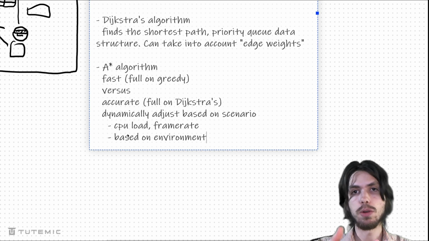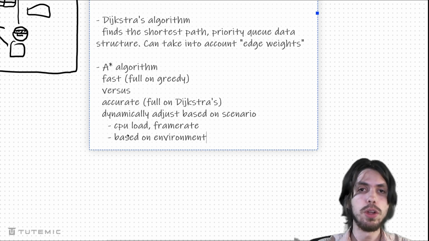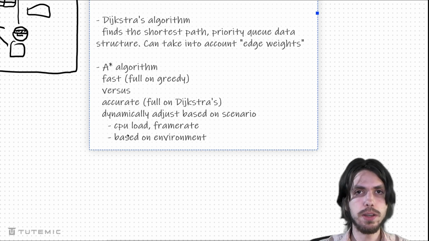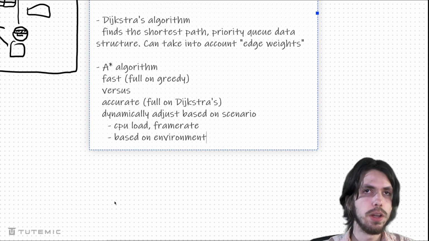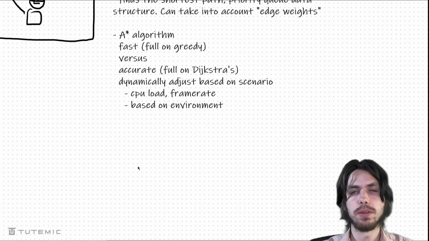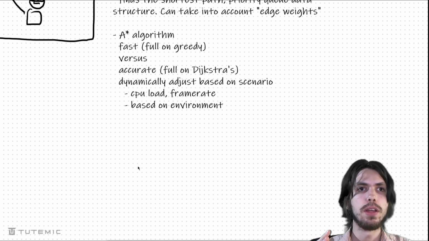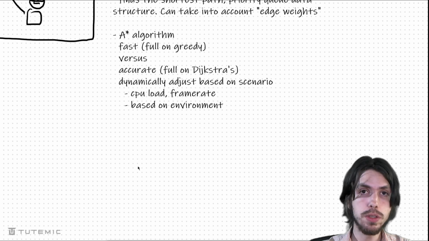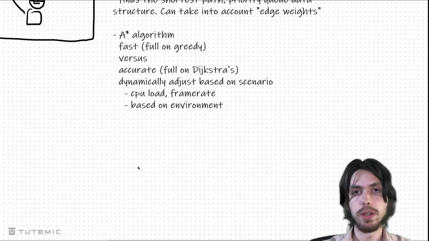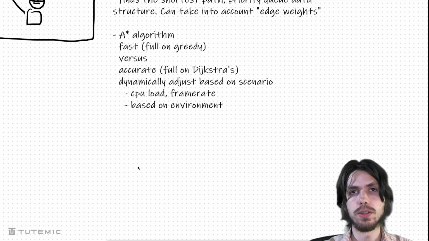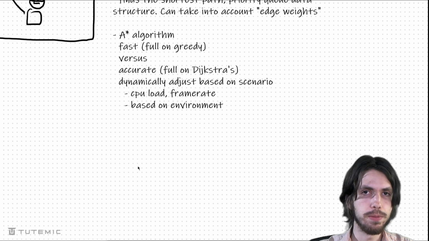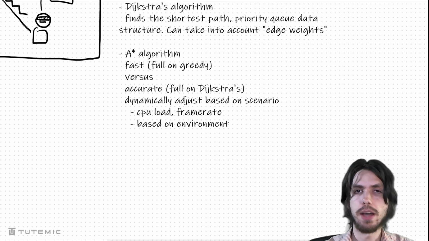Also, depending on how close you are to the goal, the closer you are to the goal, who cares if it's accurate, right? Because the path to the end result is probably not going to matter if you're pretty close, anyways. You know, but you have the choice to be able to select. And A star usually picks the best path or close to the best path much more quickly than Dijkstra's. So A star is just much more efficient, typically, and therefore it's the most common type of pathfinding algorithm that we find in games.